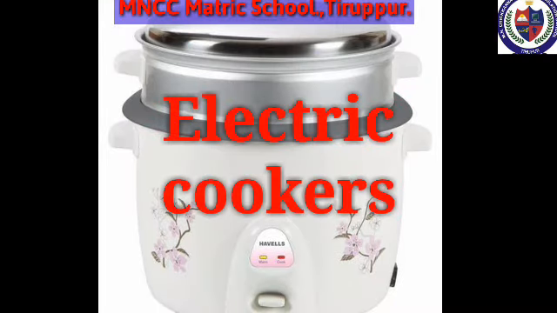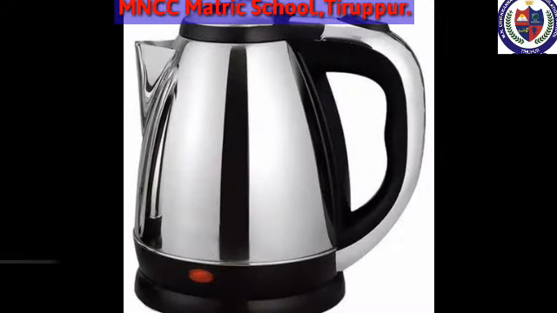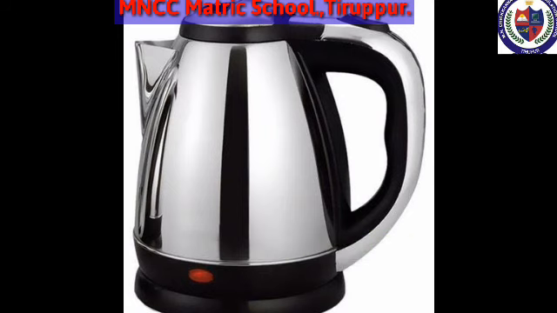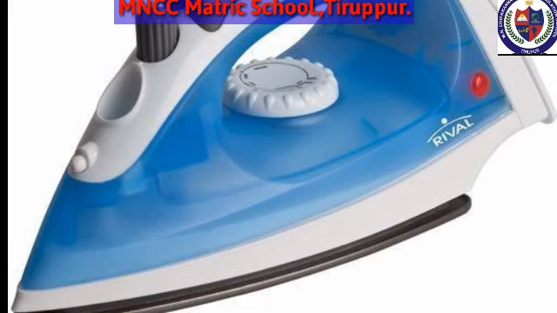Next we move to electric cookers. Electric cookers turn red hot when electric current is passed through the coil. The heat energy produced is absorbed by the cooking part through conduction. Next, electric kettles. The heating element is placed at the bottom of the kettle, which contains water. The heat is then absorbed by the liquid and distributed throughout the liquid by convection. Next, electric irons. When current flows through the heating element, the heat energy developed is conducted to the heavy metal base, raising its temperature. This energy is then used to press clothes.